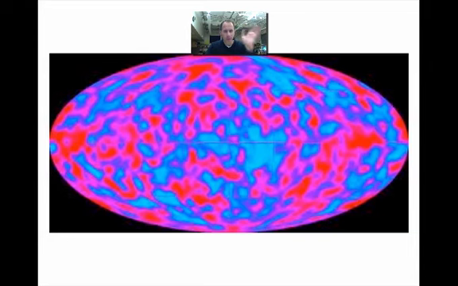And I know it doesn't look like much, but this is actually a really impressive picture. This is a map of the entire sky of the microwave radiation that's arriving at Earth from the very distant past universe. It's color-coded. The blue areas are hotter, and the pinkish red areas are cooler. And what this said to people is there was some organization to the early universe, that it wasn't uniformly distributed. There's some structure to the early universe. There were hot areas and cool areas. And the hot areas would have been where there's more matter, and the cool areas where there's less. So this gives us an idea of the very first structure to the universe.